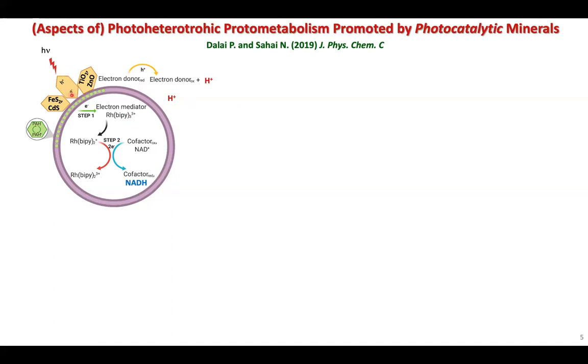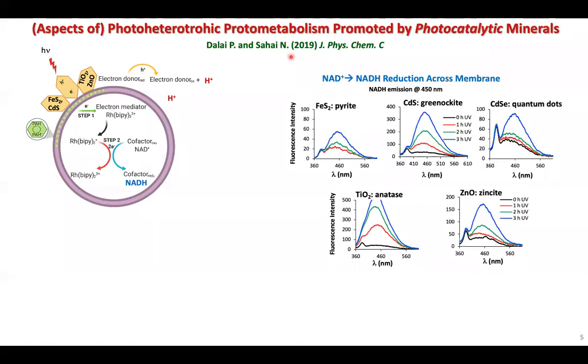Meanwhile, the electron from the photocatalytic mineral, from the UV light, is picked up by polyaromatic hydrocarbon embedded in the membrane, transferred into this protocell, and after a couple of steps of electron transfer, finally, the NAD plus gets reduced to NADH. So this is the schematic that we started out with. Does this all work? We basically did this reaction by UV radiation for 3 hours and looked at a bunch of different minerals, pyrite,